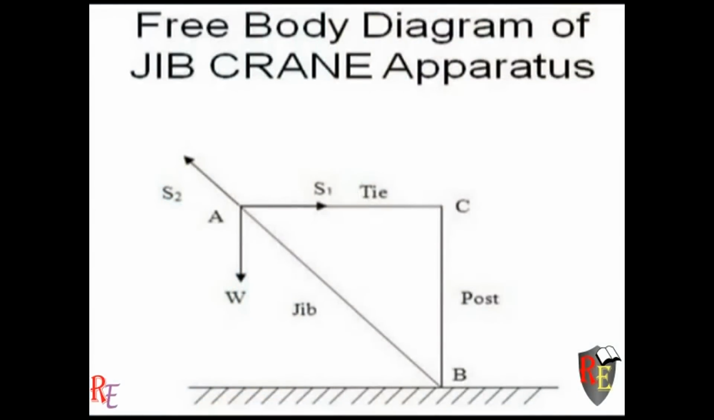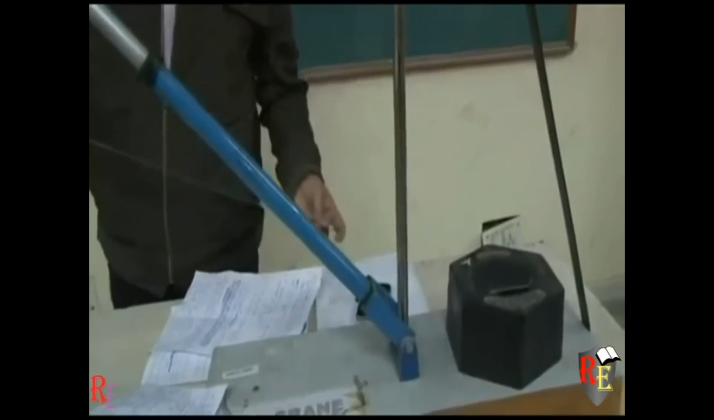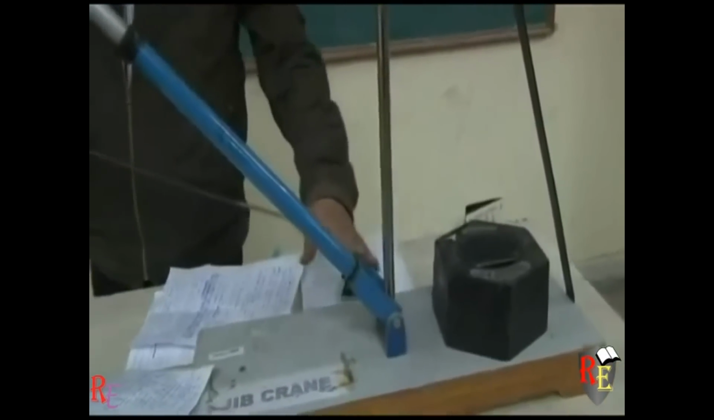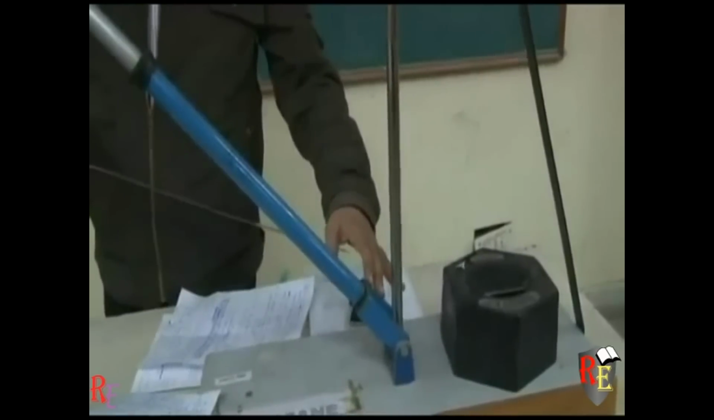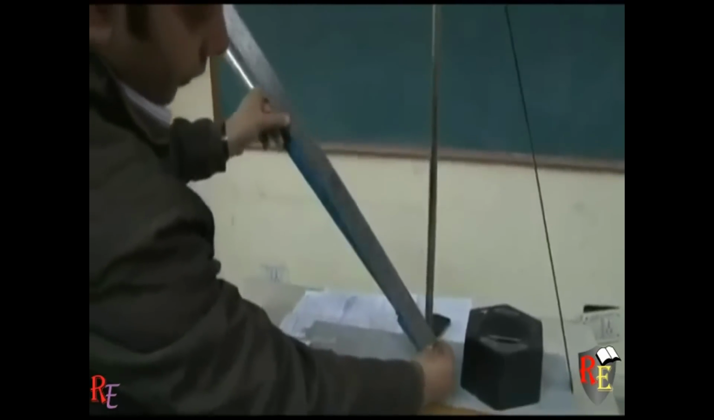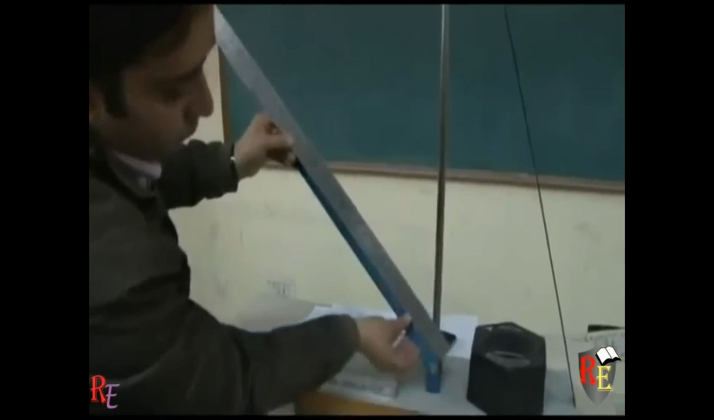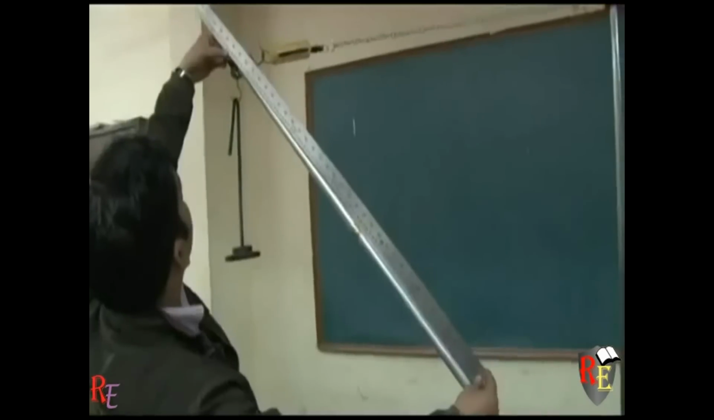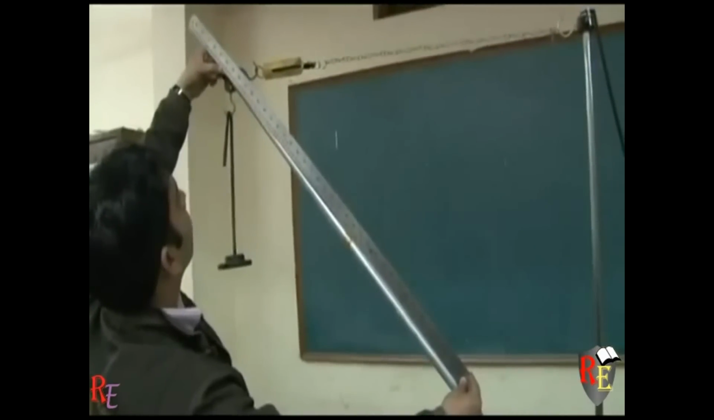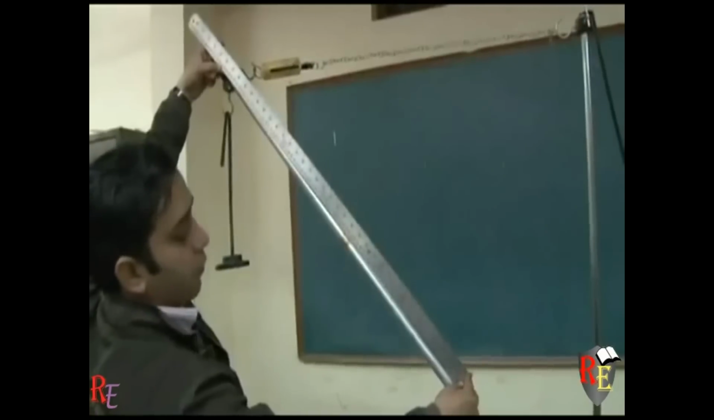But the length of the jib is not possible to measure in single move with this meter scale. Hence, if we observe the jib crane model carefully, we come to know that the bottom portion of the jib remains fixed. Hence, firstly we measure this